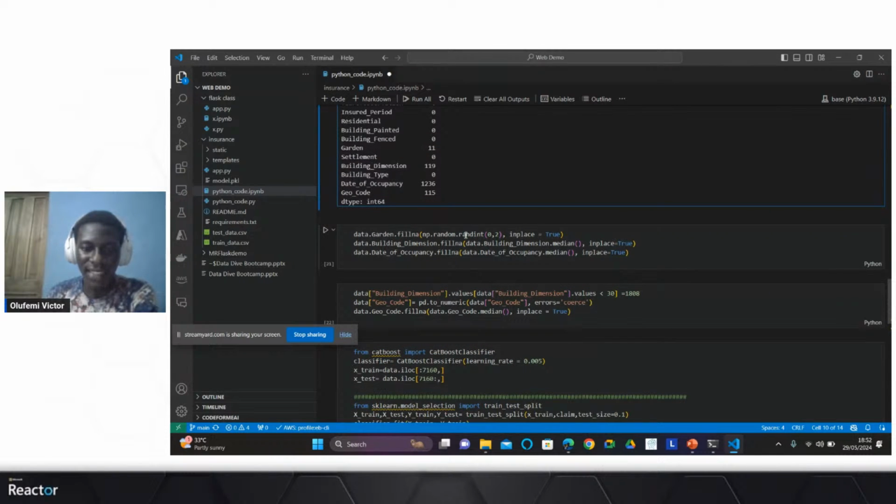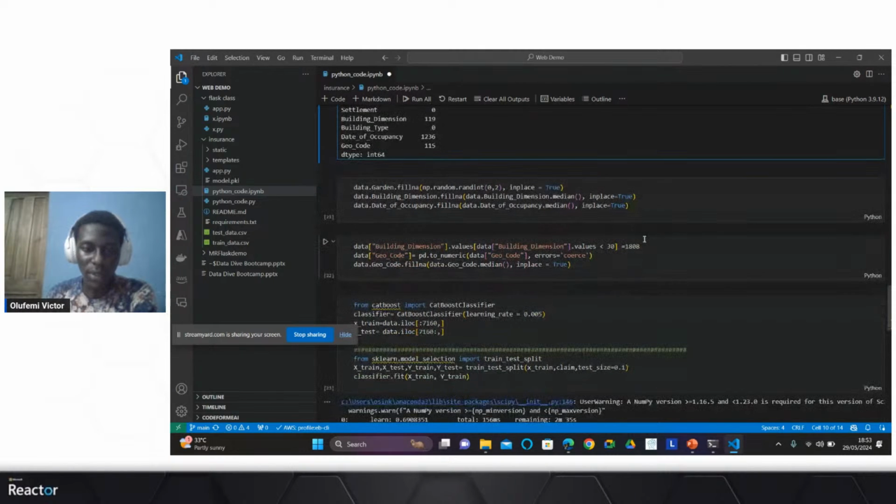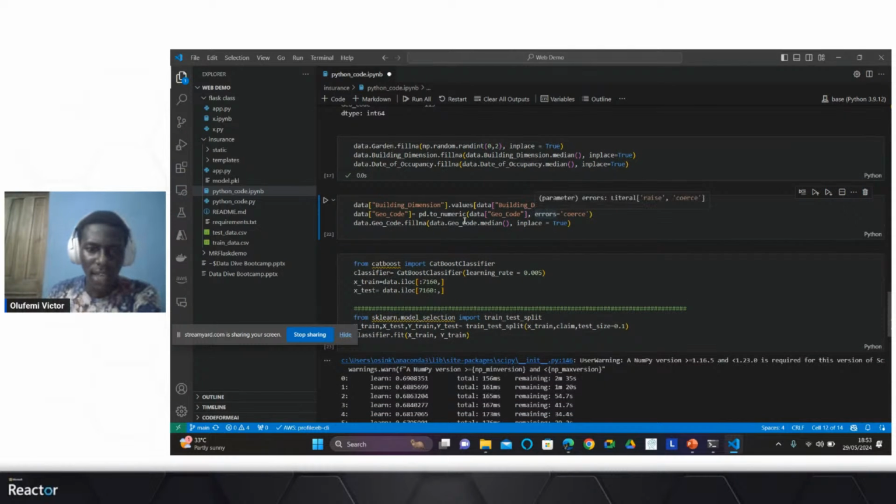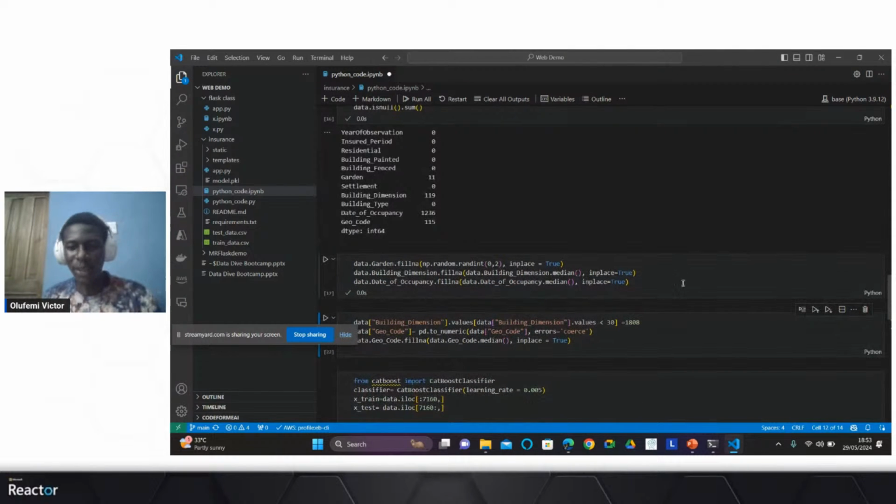So for the garden, I decided to fill with random integers between 0 and 2. For the building dimensions, I decided to use the median, and for the date of occupancy, I used the median as well.